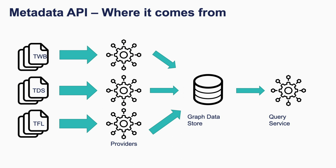So let's go back to some diagrams. Where does all of this metadata come from? If you're familiar with the Tableau Server or Online ecosystem, we have a bunch of files of different types. Tableau workbooks, affectionately called TWBs, Tableau data sources, or TDSs, and then, of course, recently the Tableau Prep flow as well. So when you activate your metadata API, what we do is we kick off a process called backfill,